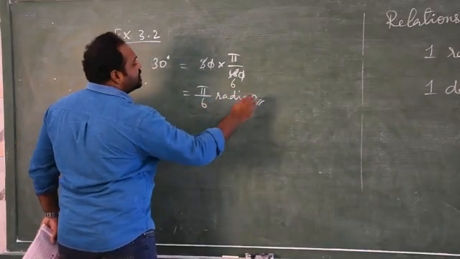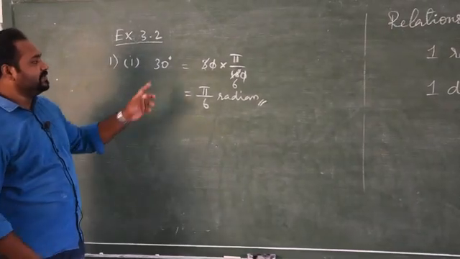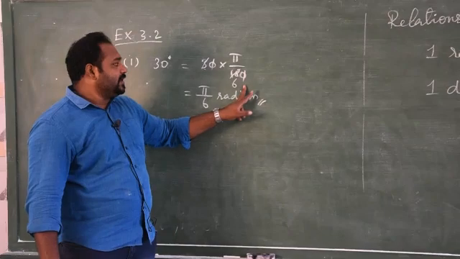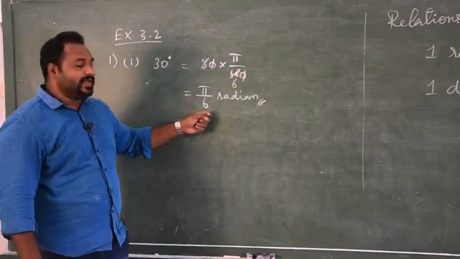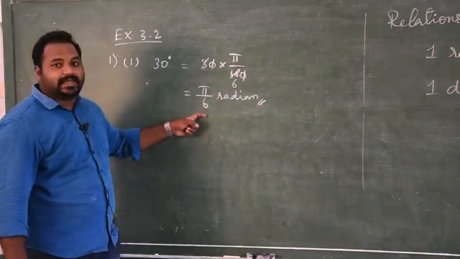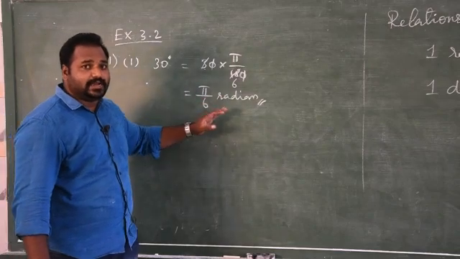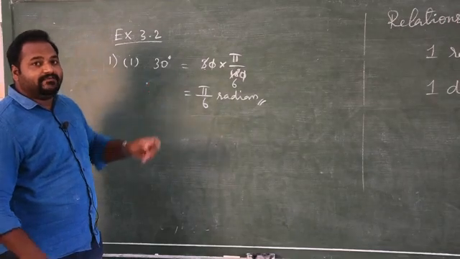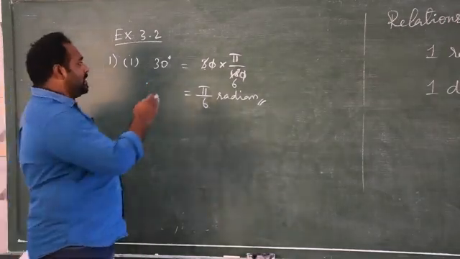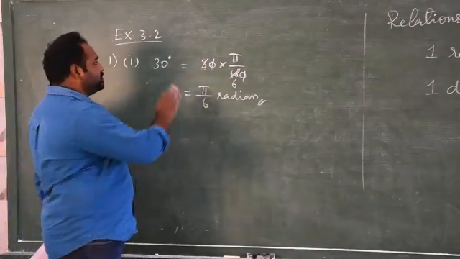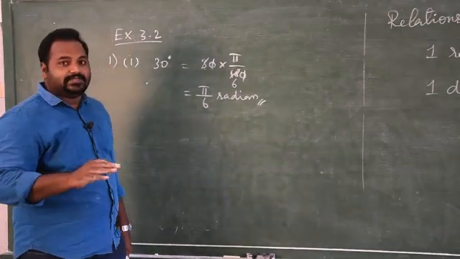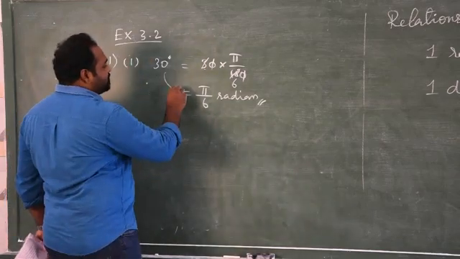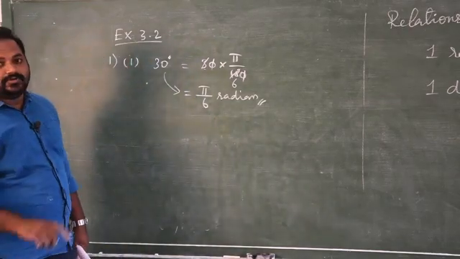So this is the procedure for converting degree to radian. If you are given degree measurement, just multiply with pi by 180, you will get radian. Whatever calculation you need, you can express there. But we can't use degree everywhere for cancellation or something like that. If you get degree measurement, you have to convert into radian measurement, then you can do the calculations. So this is the procedure for converting degree into radian.